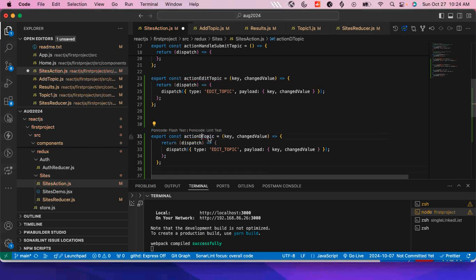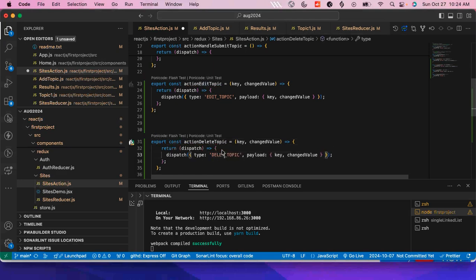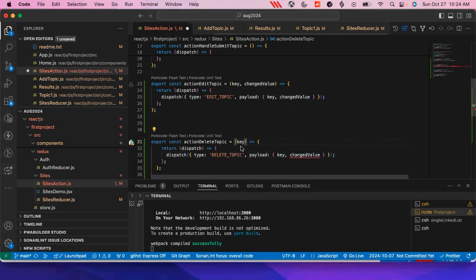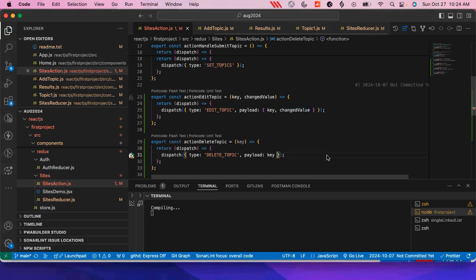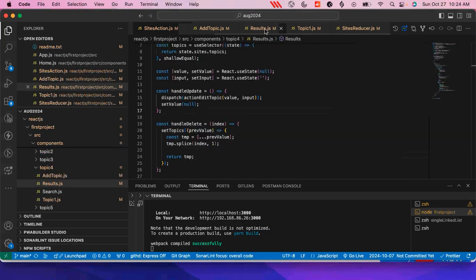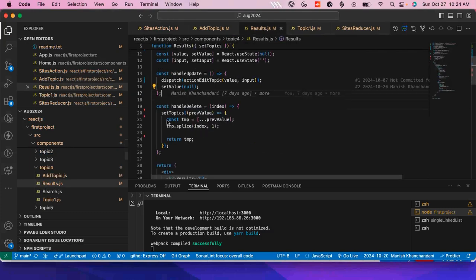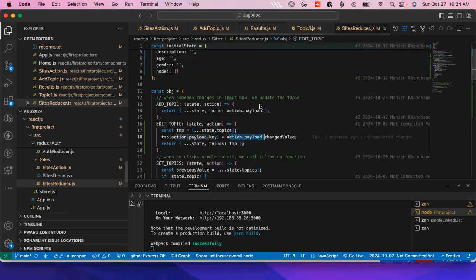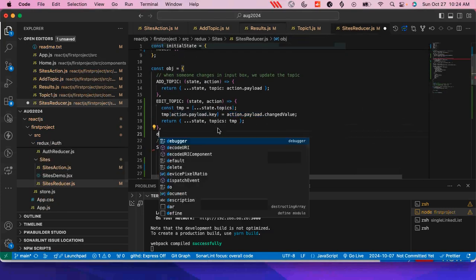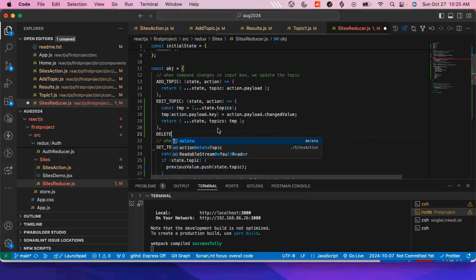Action delete topic. In delete topic, we need only to pass the key which I have to delete. I don't need the change value. Since I want only one value, I can directly pass it in the payload. So I just want the key which I want to delete. And if I go here, it does the same thing, and it takes the previous value and splices it. So here also I will do the same thing. Delete topic